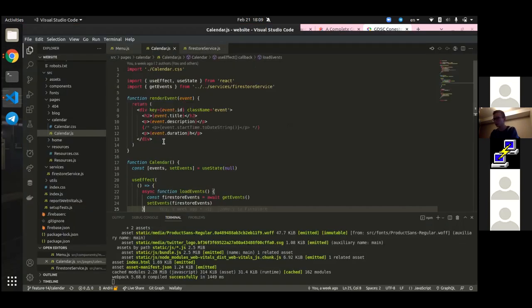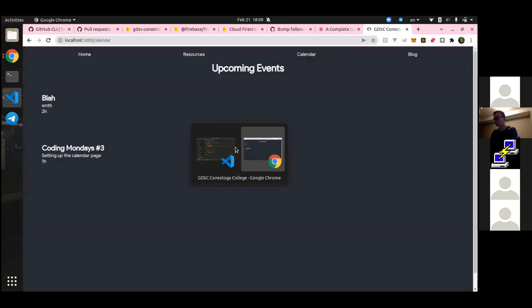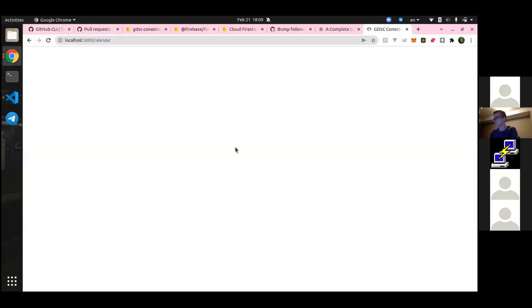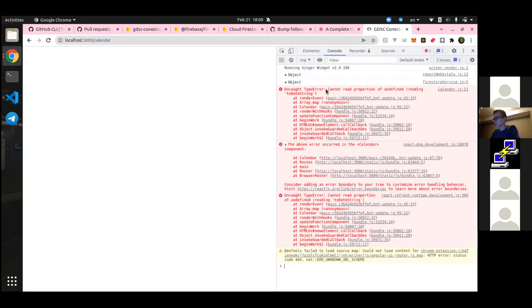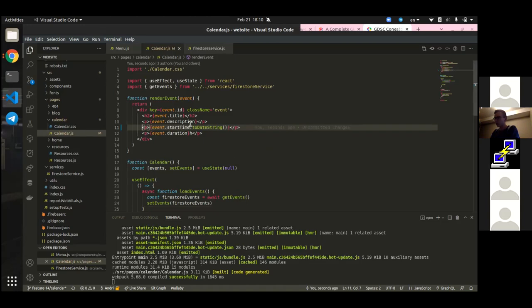Right, because I commented this line out. If I comment this back in, I think this will blow up. Yeah. Let's see what the console says. The console says that it cannot read properties of undefined, reading toDateString. So why did that happen? Well, this happens for a specific reason. And that reason is because